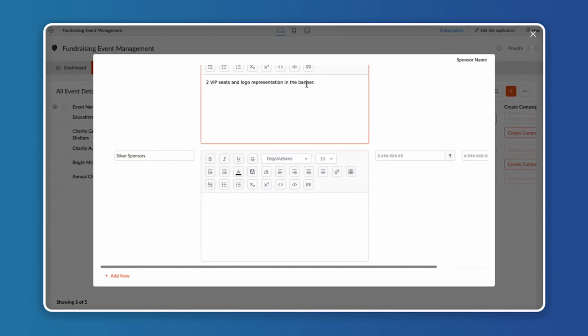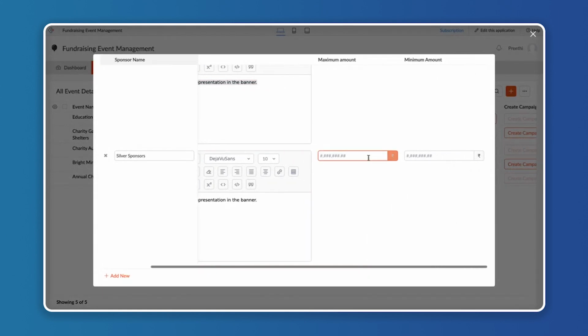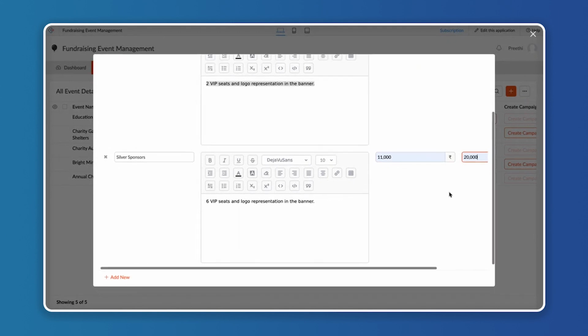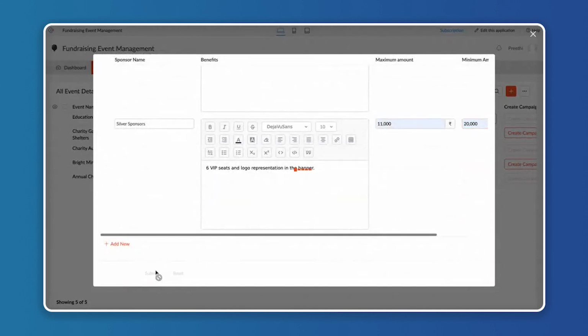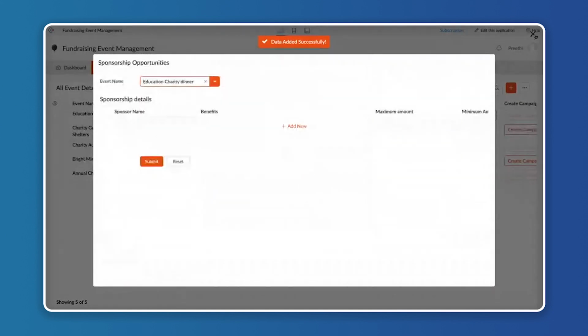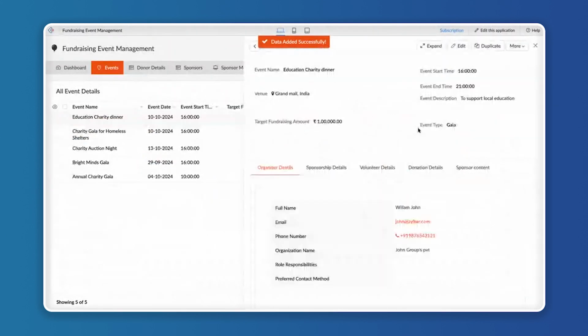Silver sponsors, for whom I'm going to give the same, but I'm going to give extra VIP seats. So if we want, we can give some more benefits as well, for which they have to pay around 11,000 to 20,000. So this is all about the sponsorship opportunities. Once I click on the submit button, this will get added into my events module